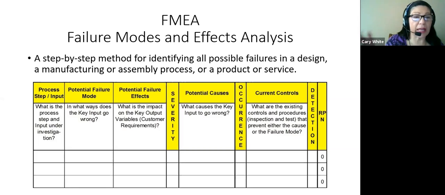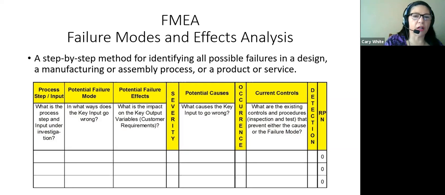And each step can have more than one failure mode, right? There may be different reasons why something could go wrong. Now, do you have to drill down to every tiny detail? No, absolutely not. And it's probably a waste of your time. But if you notice there are a couple that really jump out at you, I'd list them just to get them in there. So again, it talks about what could go wrong, and what the effects of that problem going wrong are,